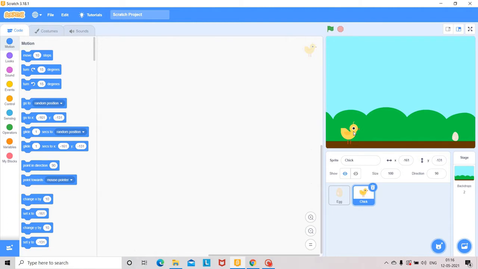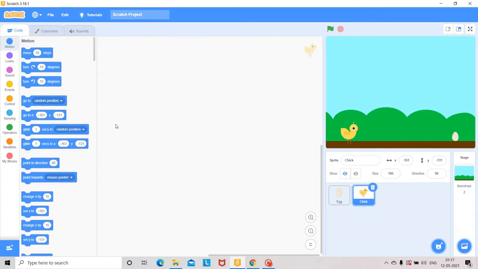Suppose it moves 10 steps upward and 10 steps downward. So you go to the motion code area and click on motion. Moving upward means it is moving on the y-axis.